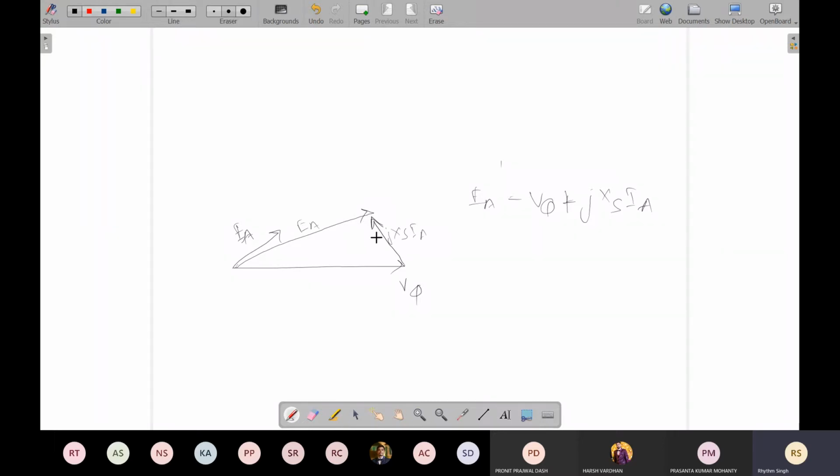Now if you break down your J axis IA into the two components, vertical and horizontal, you'll see that the horizontal component goes in the reverse direction because of the direction of this J axis IA. So this is not J, it is just the axis IA sine theta. And the vertical one is axis IA cos theta. Therefore, in the equation of EA, if you consider this triangle, the base here is V phi minus axis IA sine theta. Only this much is the base.